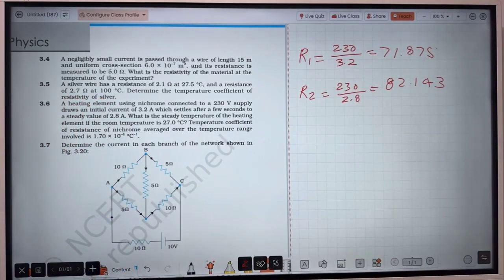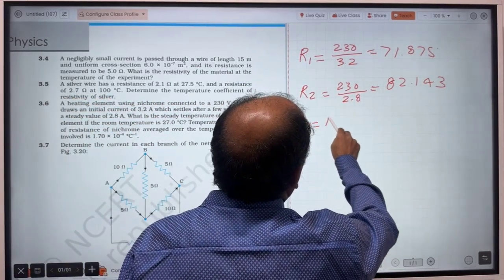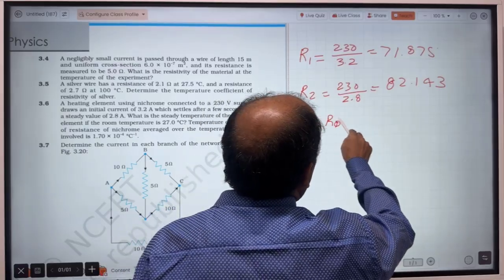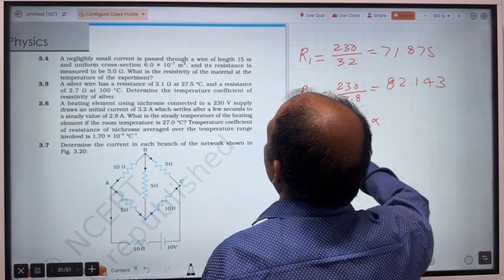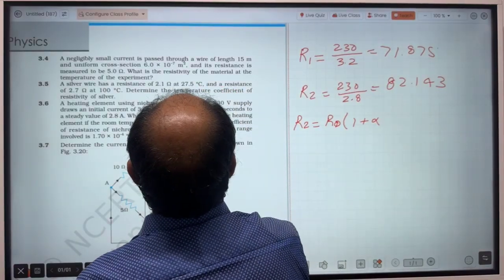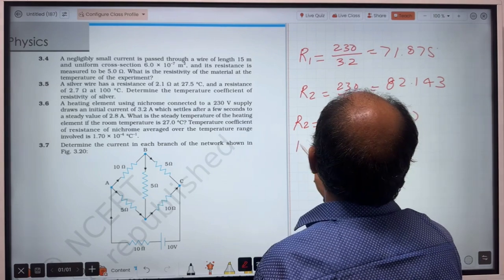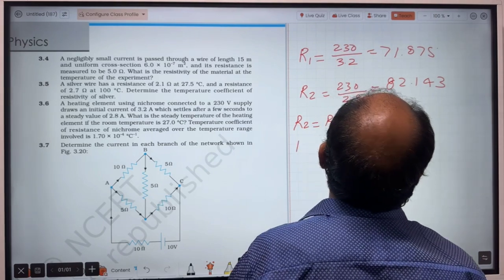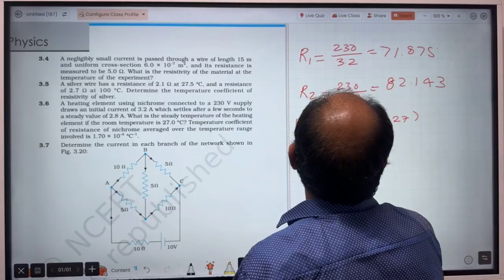Temperature coefficient is also given. So again you can apply the same formula, that R2 equal to R0 times 1 plus alpha into first temperature. In this case it is 27 degree, so just write 27. And the second case, this for R1 you can take this, so R1 equal to